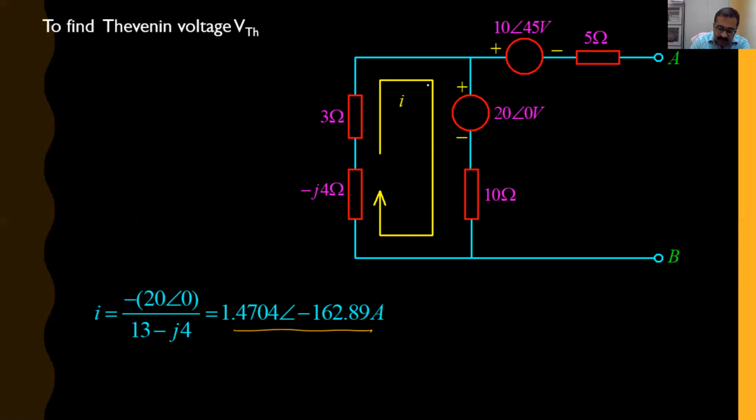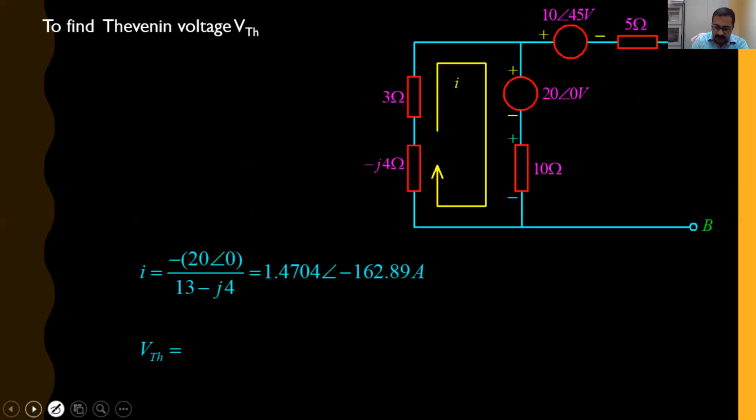So for this assumed current direction, what happens? It is entering the 10 ohm impedance at this point, which is plus, and leaving at this point, so this is the negative point. Okay. So now what next? That is what is shown here. Now we have to find VTH. Keep in mind, when you say VAB, it means that B is at a lower potential than A. V12 means terminal 2 is at a lower potential than terminal 1, or 1 is at a higher potential than point 2. So VTH means with respect to points A and B.